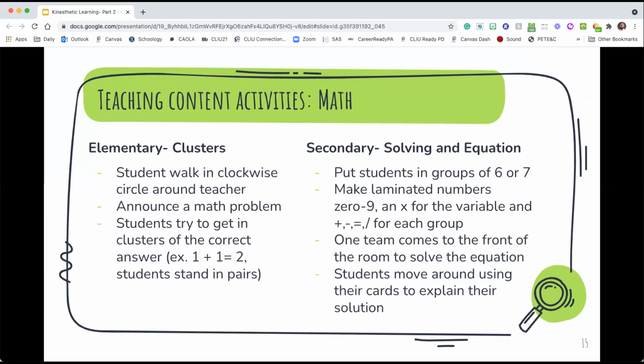Continuing on now to some math activities. The first one I'll talk about is elementary math, and this is the activity called clusters. You can do clusters: addition, subtraction, multiplication, word problems, and square roots. Have students walk in a clockwise circle around the teacher. Announce a math problem using addition, subtraction, multiplication, division, or a word problem. The job of the students is to get into a cluster that tells the answer to a given problem. For example, if the instructor gave the example of 1 + 1, all students would get into clusters of 2